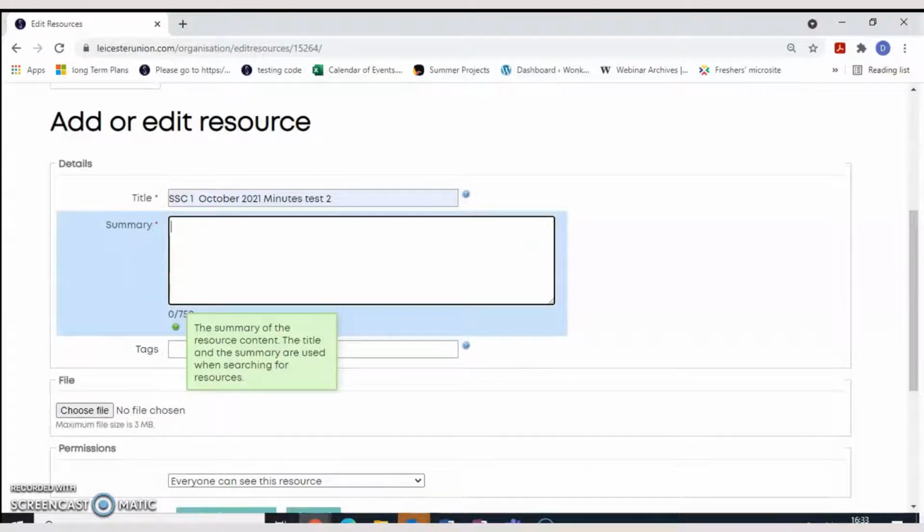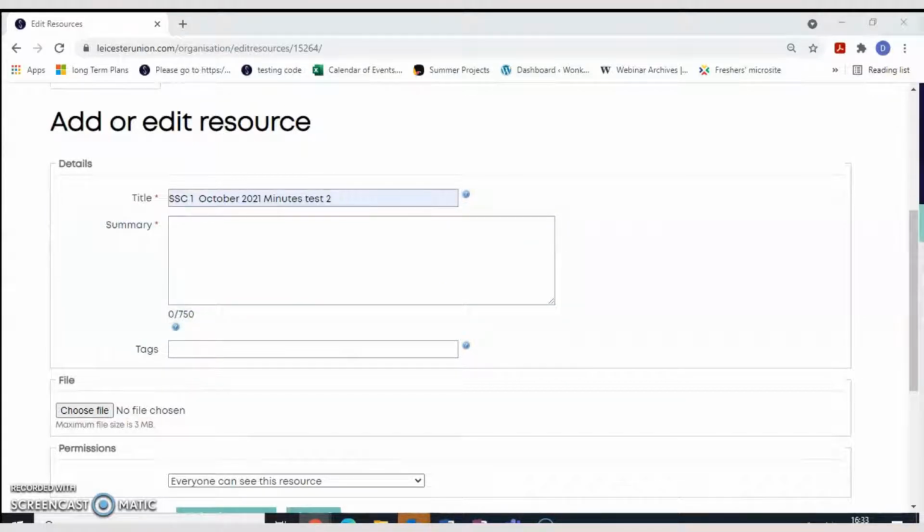In the summary, you would probably want to add the matters that you have raised at the Student Staff Committee, what answers you received from the staff, and what action points might have been agreed. Notice that you have only 750 characters, so don't go into too much detail, because if you are uploading the minutes from the Student Staff Committee, your peers will be able to see a full report of what has been discussed.